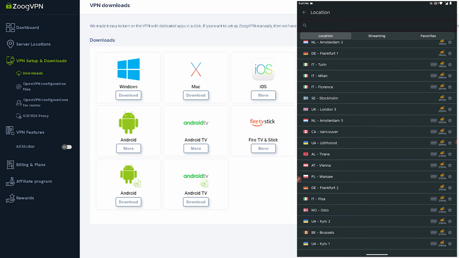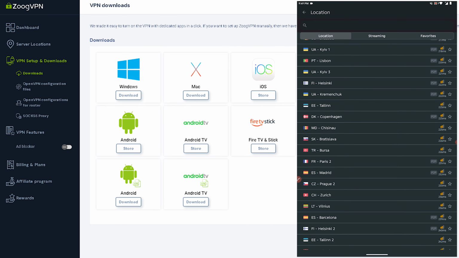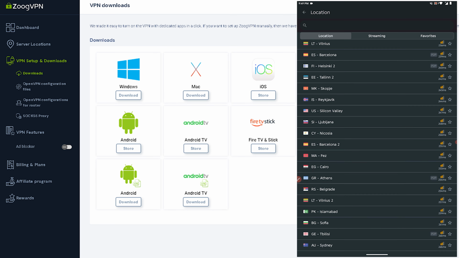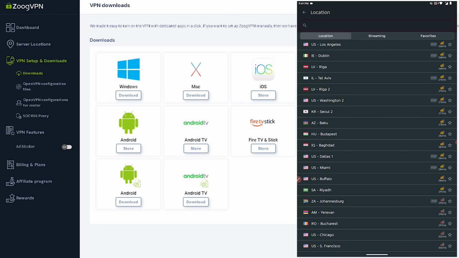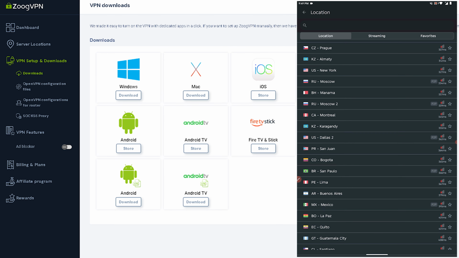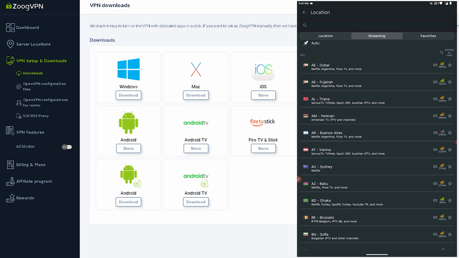Although, if you have your own choice that you want to use a specific country now, you can certainly use that. But from here, you can sort in ascending or descending order to see which IPs currently have the best performance. Okay? After that, if you come here to streaming, for streaming, you can filter the best available servers here